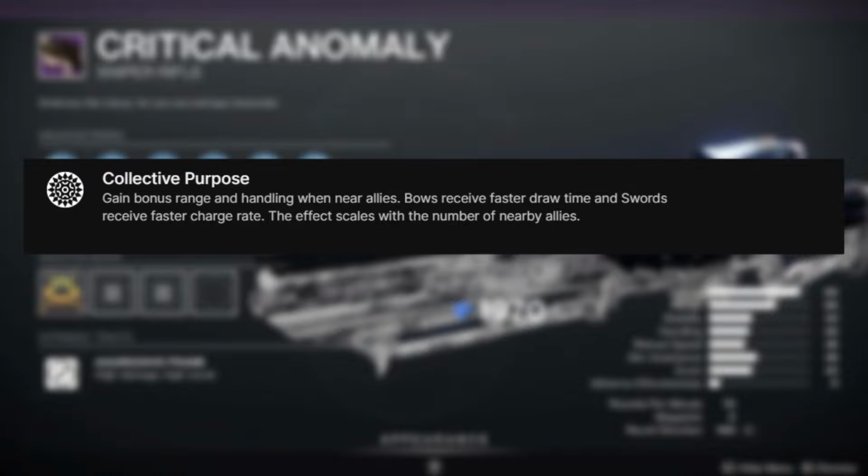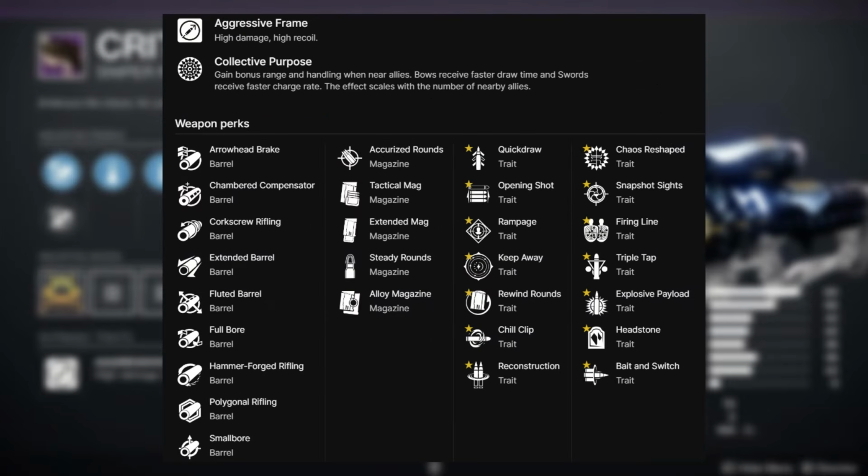Now this could be a really strong origin trait, much like the one from the Root of Nightmares raid, and so I'd definitely keep an eye on this one, especially if you are going to be collecting a few of these raid weapons. Now these raid weapons also come with a brand new perk in that final column,